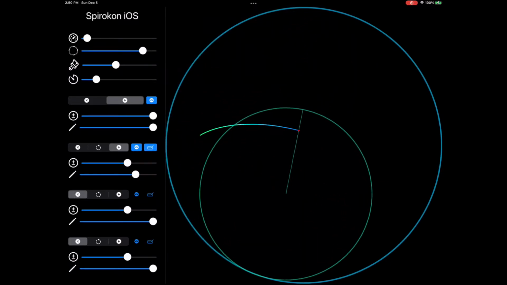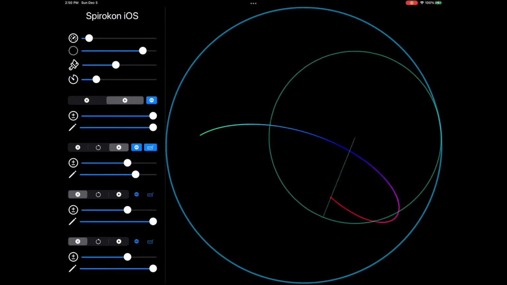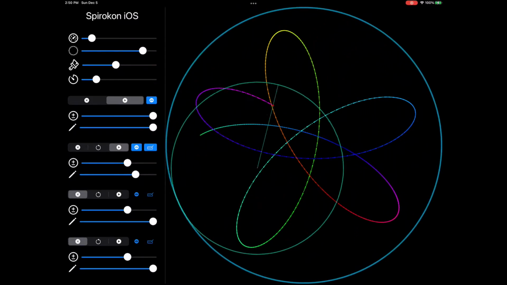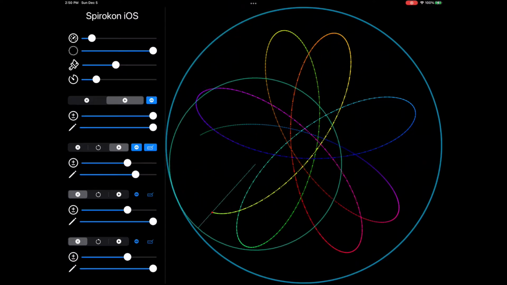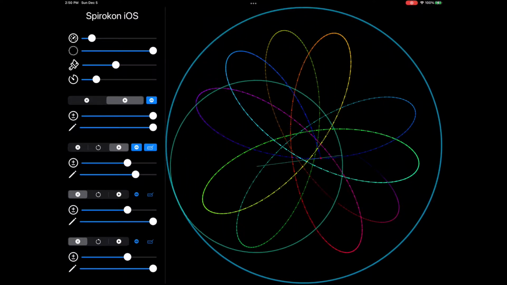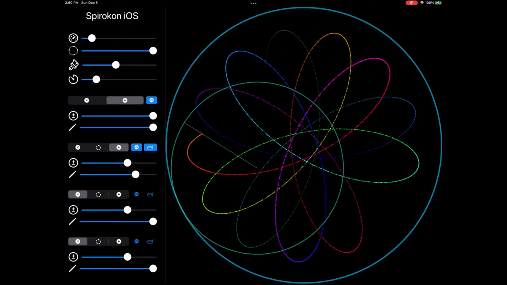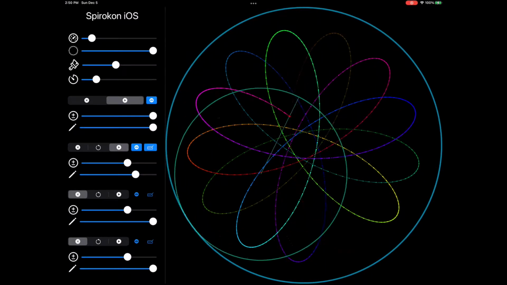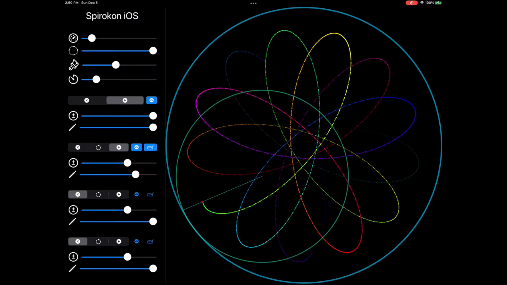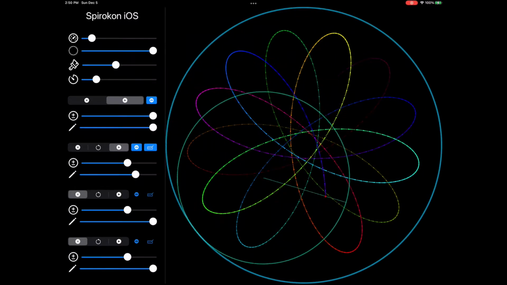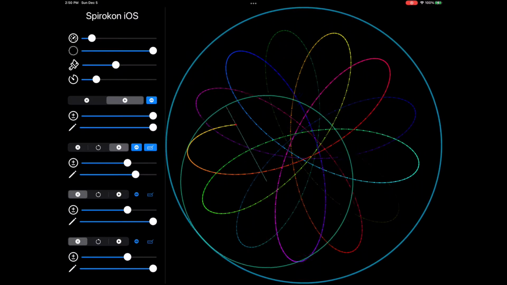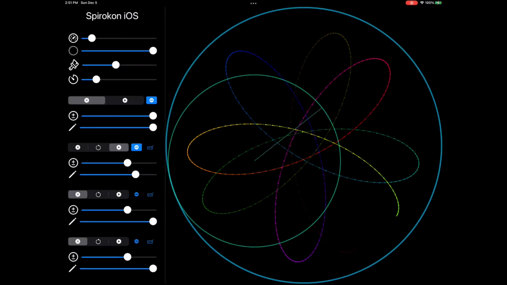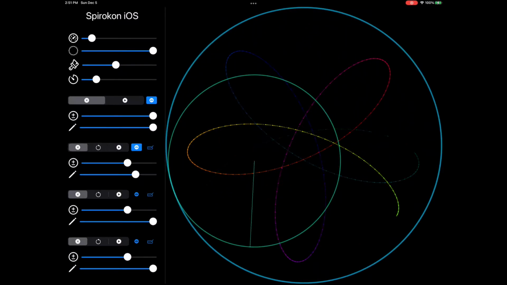Maybe you had a spirograph when you were a kid, or even if you didn't, you probably know what a spirograph is. What you're looking at here is my spirograph simulator, inspired by YouTuber Sort of School, who was inspired by YouTuber 3Blue1Brown, who issued a challenge over the summer to all the math explainers on YouTube to make some uniquely interesting videos. Sort of School did a video about the math of spirographs, and he encouraged his viewers to explore further. Now, he was interested in the static patterns that come out.